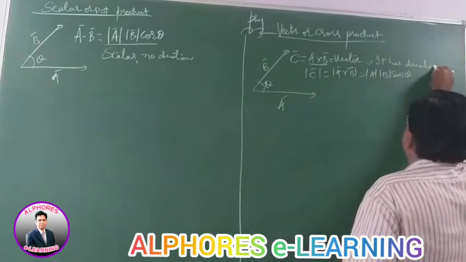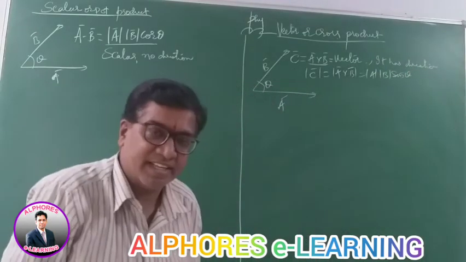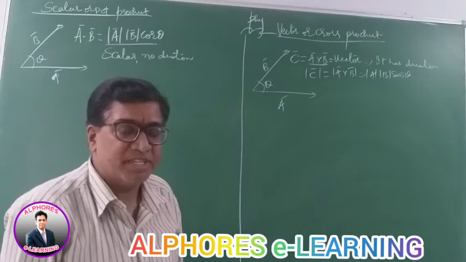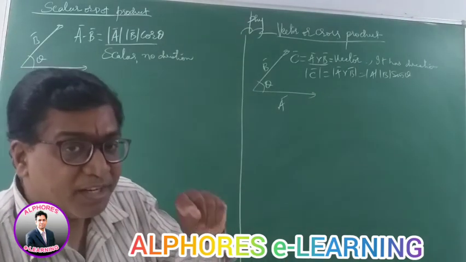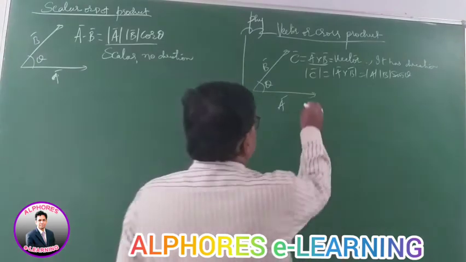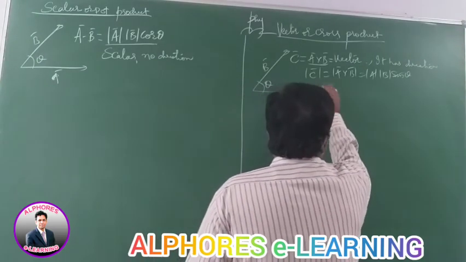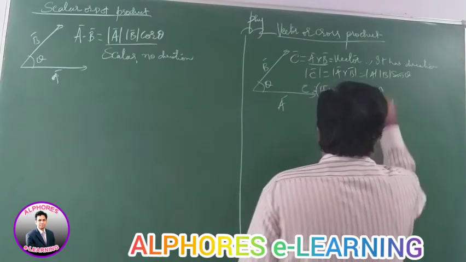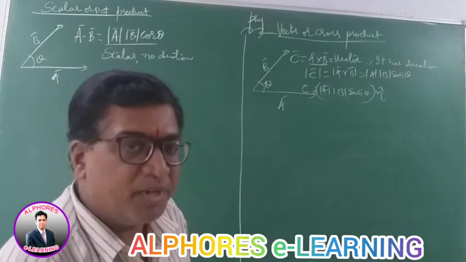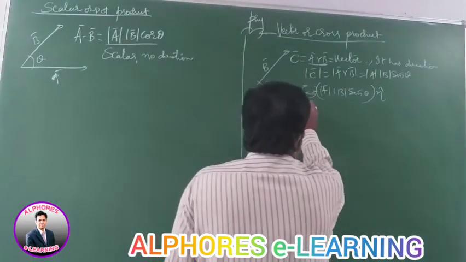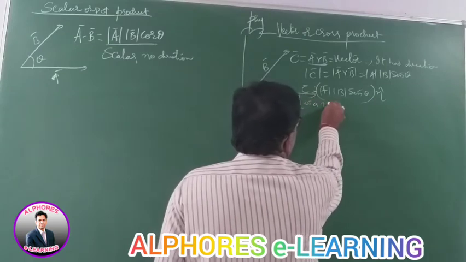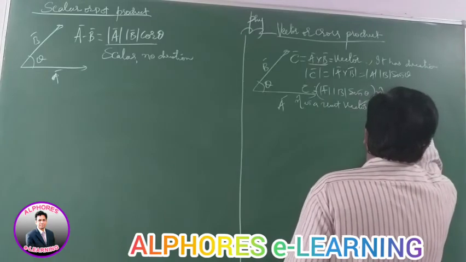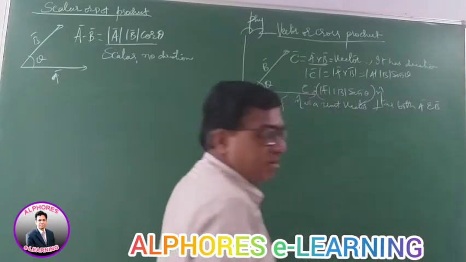Now what is the direction then? The direction of the resultant third vector, that is the direction of A cross B, is given by the vector perpendicular to both A and B. So the direction of C bar, you can write C bar as mod A mod B sine theta times n cap, where n cap is a unit vector perpendicular to both A and B. It is n cap. So n cap is a unit vector, it's a unit vector perpendicular to both A bar and B bar.